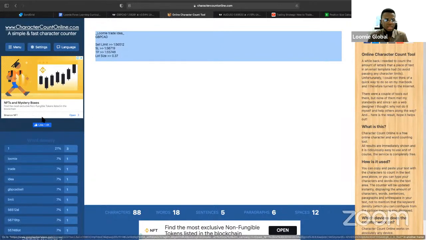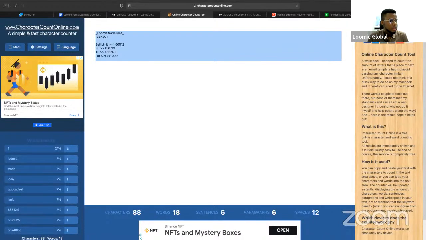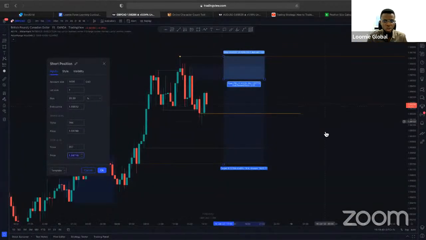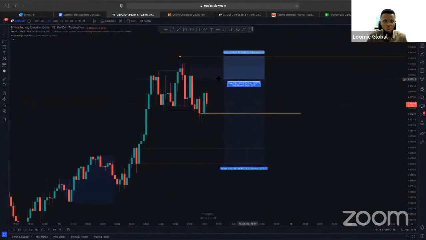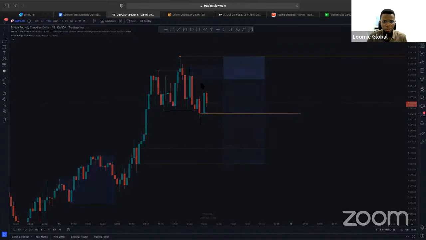Did everybody catch this? If you have set up the trade, drop a yes in the chat box. Let me know you have set up the trade. Okay, Emeka set up the trade. That's good. That's fast. So don't forget, sell limit, not market execution. We are not entering at the current price. We are setting it because we are waiting for price to come up here.